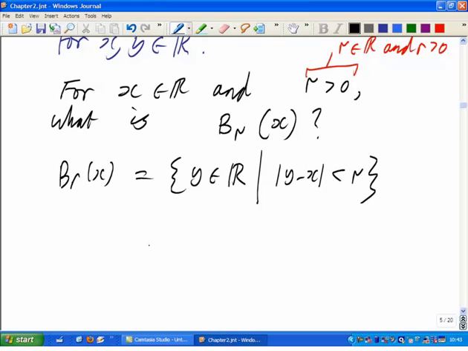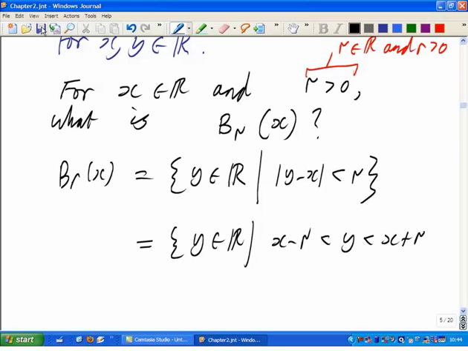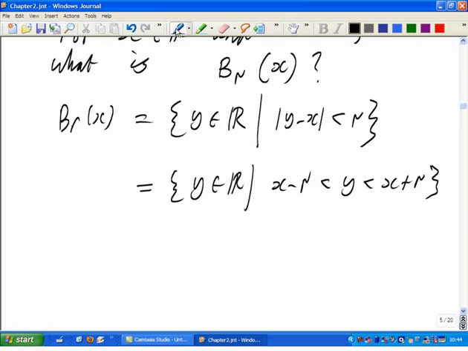That's those points strictly between x minus r and x plus r. So y in R such that x minus r is less than y is less than x plus r, which is just the open interval x minus r, x plus r,